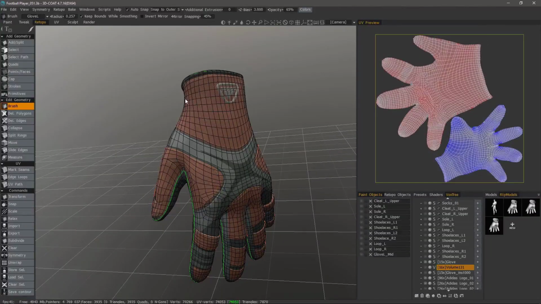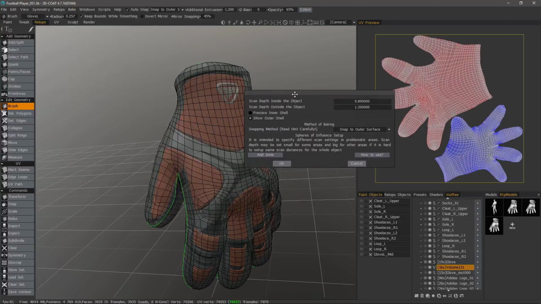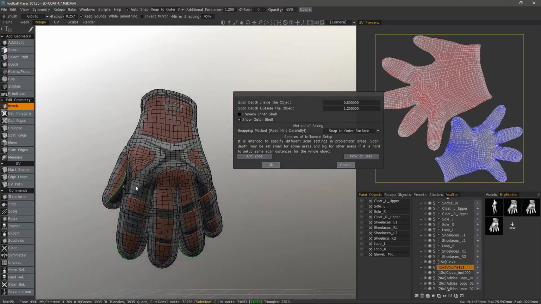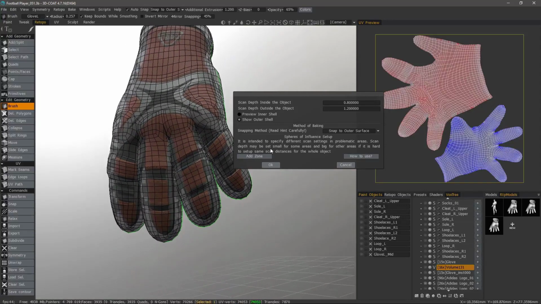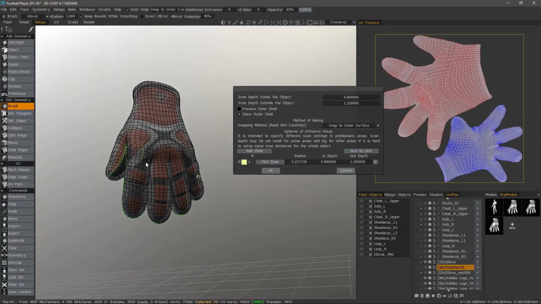Alright, skipping forward just a few moments, I did some further work on the Pt2 mesh in terms of applying subdivision, and I set up the baking cages, the inner and outer depth. I would also advise that anytime you have very tight areas of your model where there is a little bit of overlap, you may want to add some zones. What I mean by that